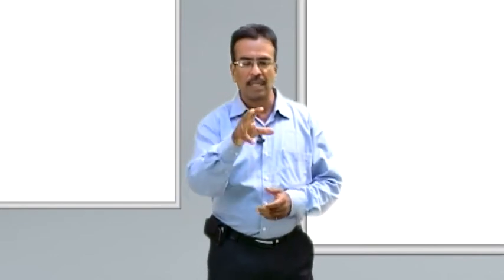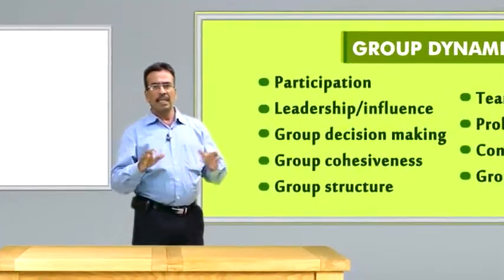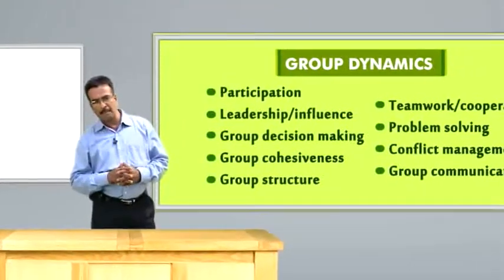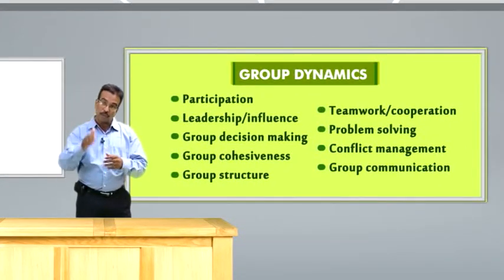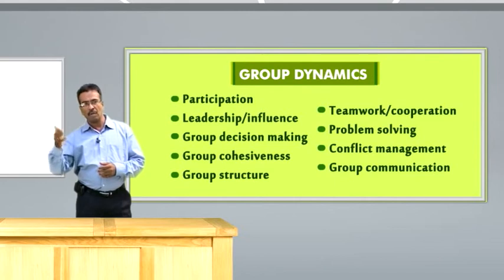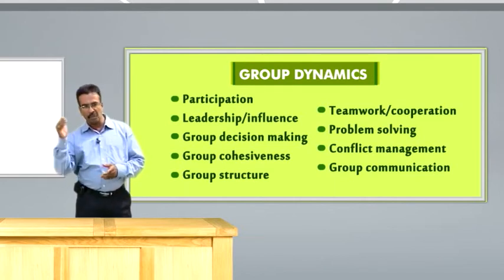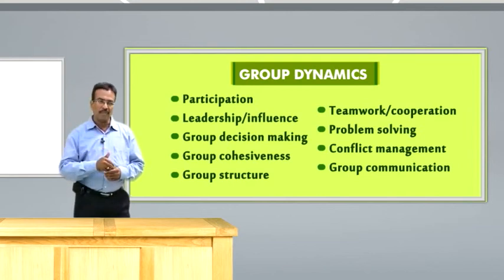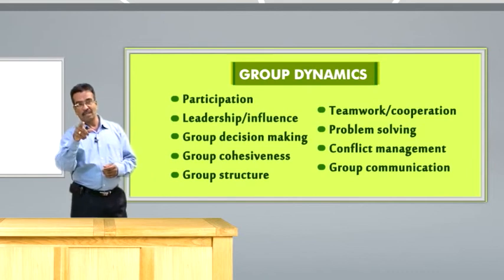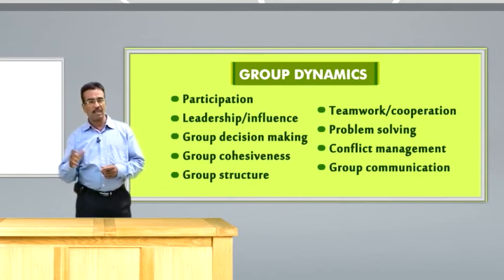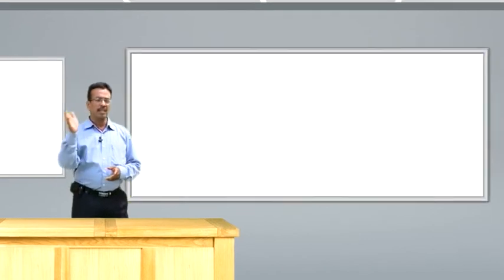The group cohesiveness, which I already talked about, is a group process. Different things that happen in group dynamics are participation and the leadership process, with different styles, the great man theory, and a lot of theories and types of leaders. Then there are group decision making, group cohesiveness, teamwork, and conflict management, which is another important thing in the group process, and the group structure. So these are all the different group dynamic processes.